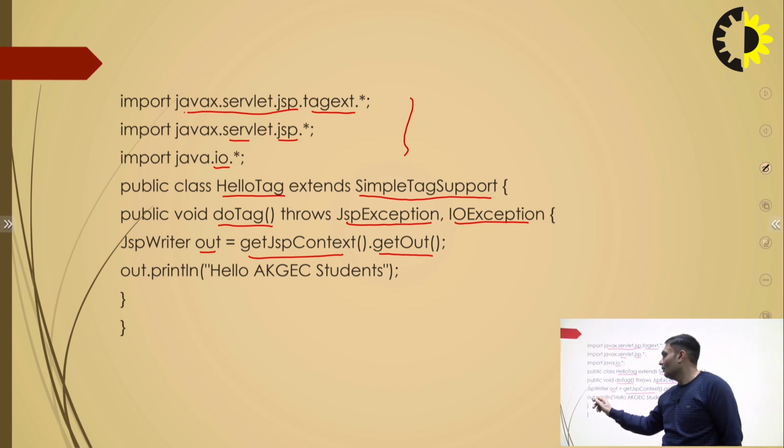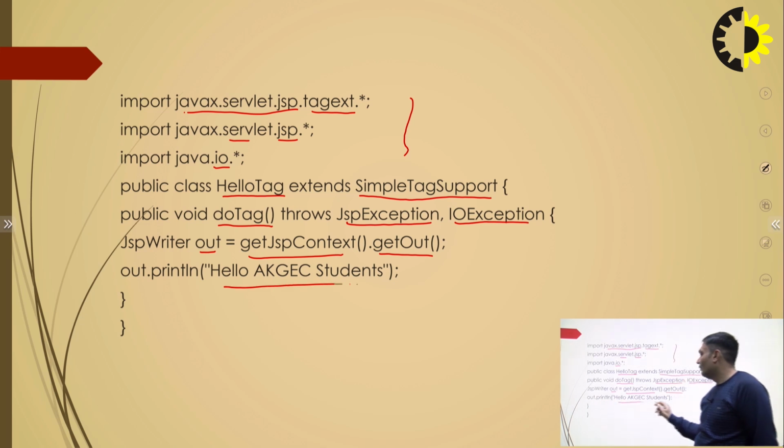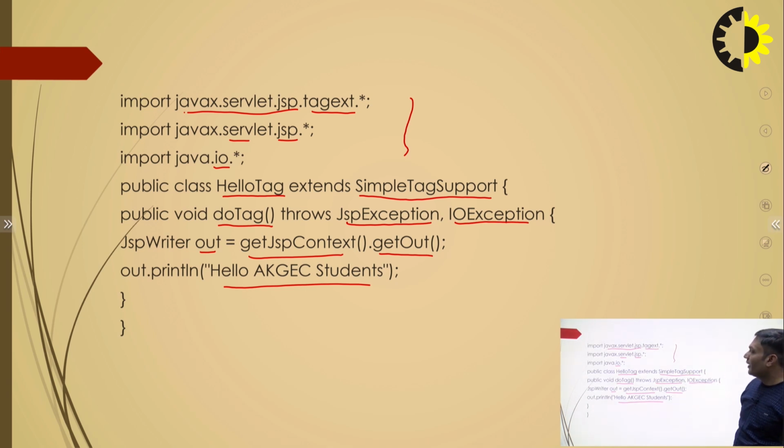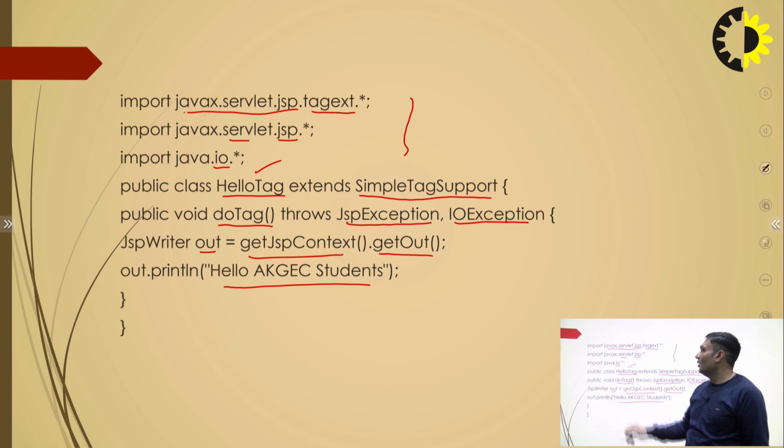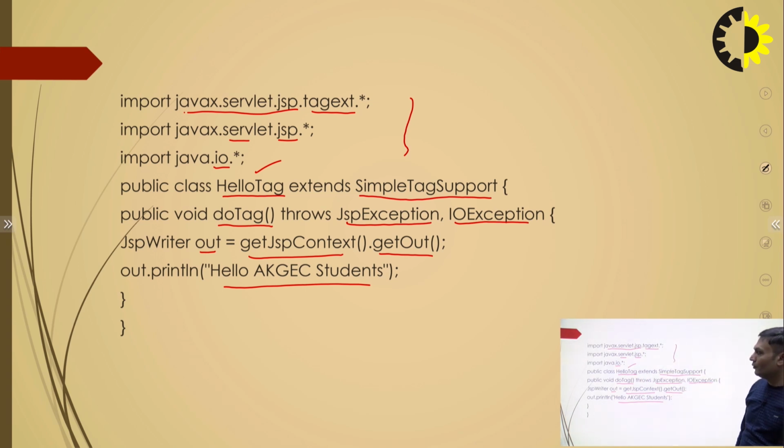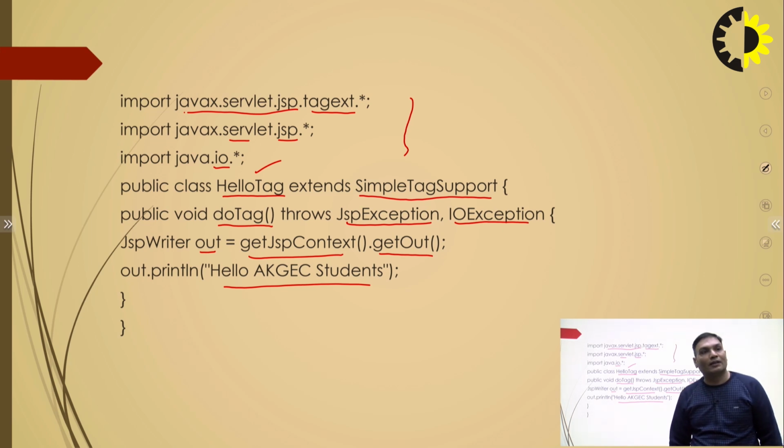Here we want to print something, then we can write out.println. Whatever we want to print, we can write here. So in this way we can make our tag handler, and that tag handler name is HelloTag, and we will just compile this program. So after compiling this program, there will be a class that will be generated, HelloTag.class file, that we will use to make